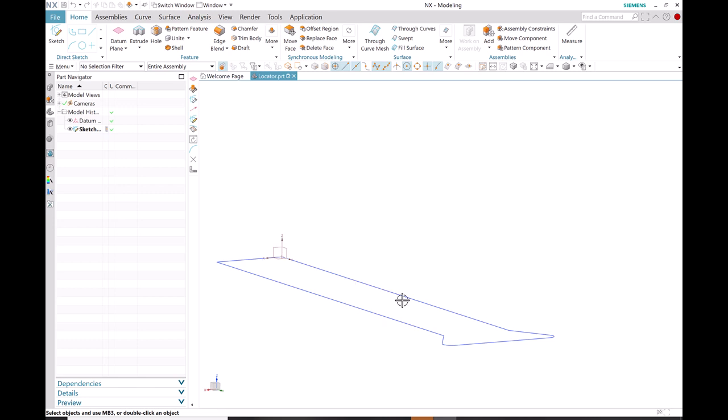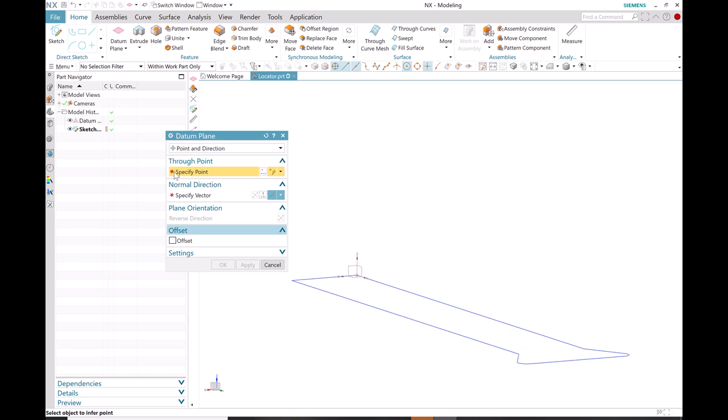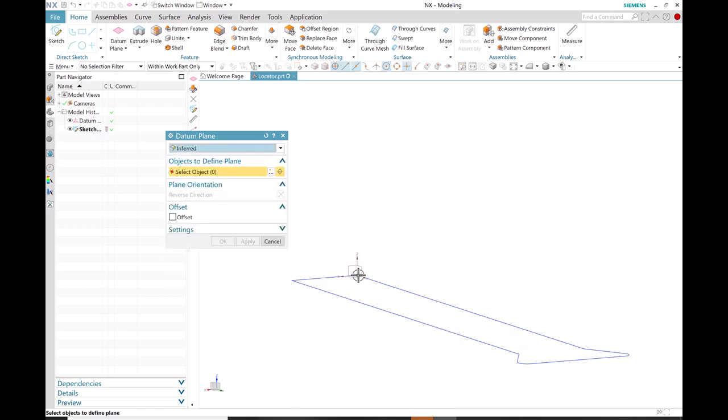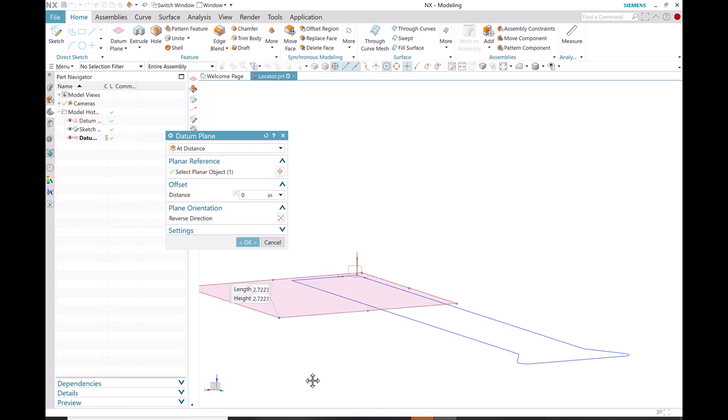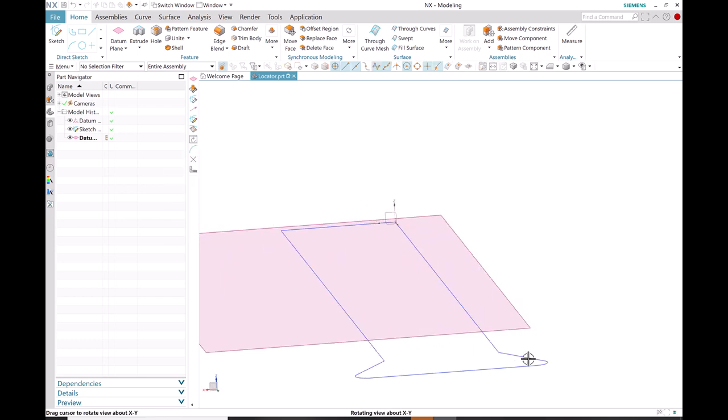You don't need to do this if you think about it, because we already have an XY axis and there's a sketch that was drawn from that XY plane. But I will still do this because I would like to have this so that I can show you better what action is being performed, right? Okay, so let's say I have this datum plane here. Don't want it too big or it's just gonna come in the way. All right, now what I want is